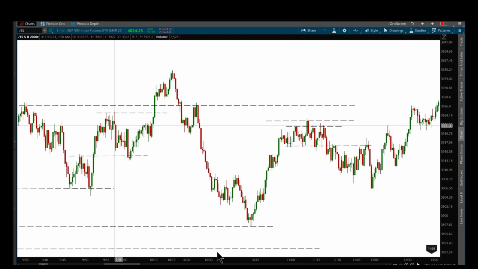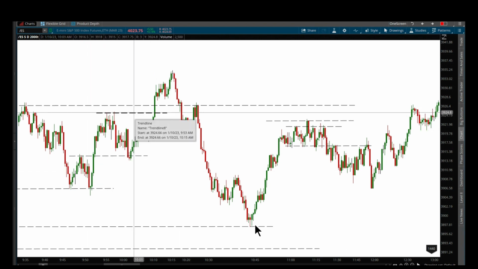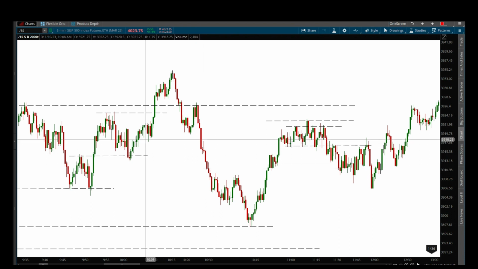What does this do for you? It teaches you patience, which is crucial. And also it teaches you clarity, because when you don't have clarity, that's when you get stress. When you just don't know what you're supposed to do, that's when the stress comes in. And since you have, okay, this is my key area, whether it is 21 EMA or whatever it is, it doesn't matter. Whatever your strategy is teaching you, something has to happen there. It has to get rejected, or it has to take the support or whatever. If there is no sign of that, then why are you entering, right? That is the thing that you need to know.